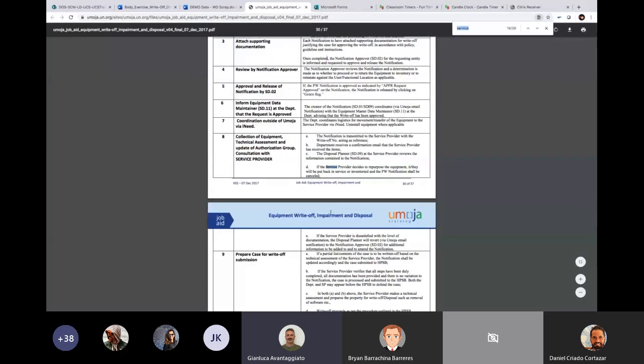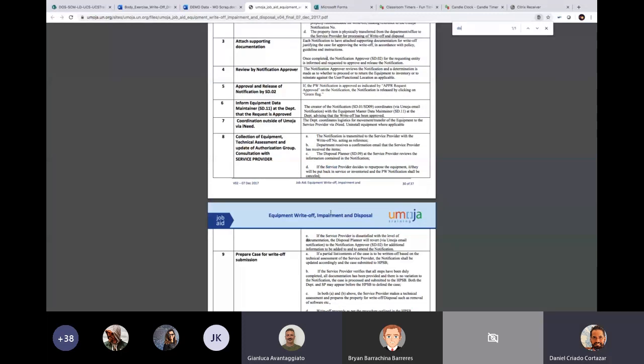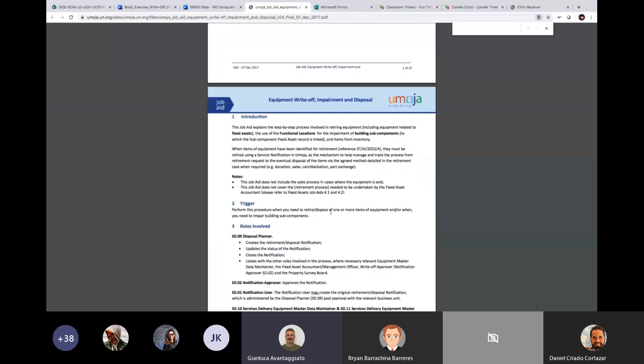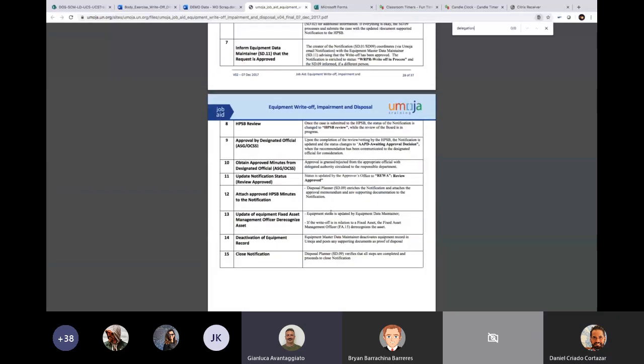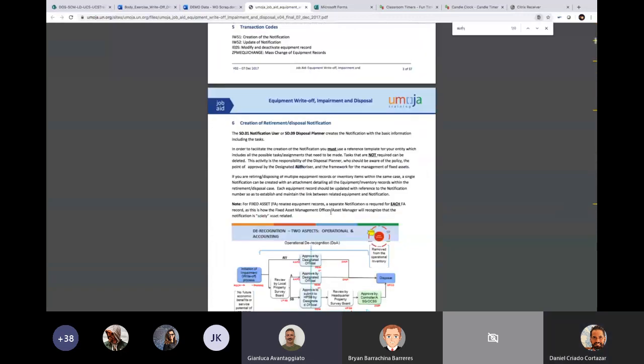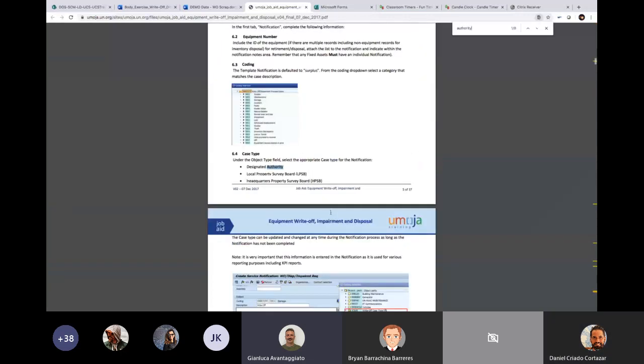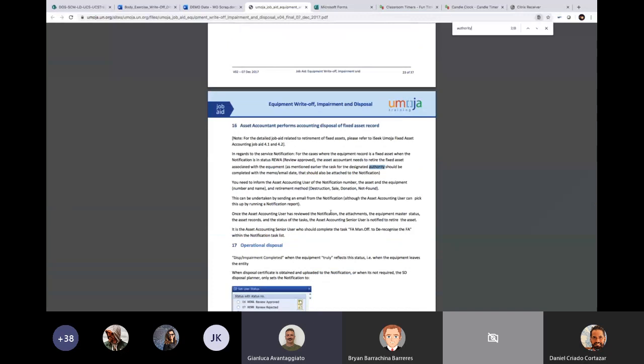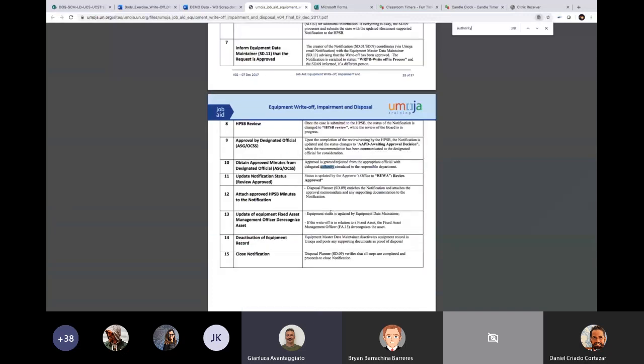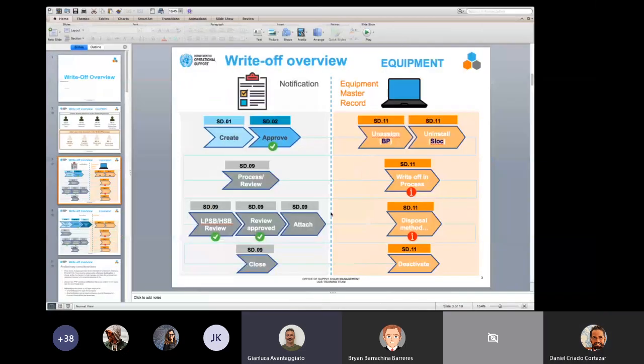So the delegated authority, which is usually given to the property management officer, has the authority to approve the write-off. So as I said, both workflows should include before LPSB the DOA, which stands for delegation of authority,